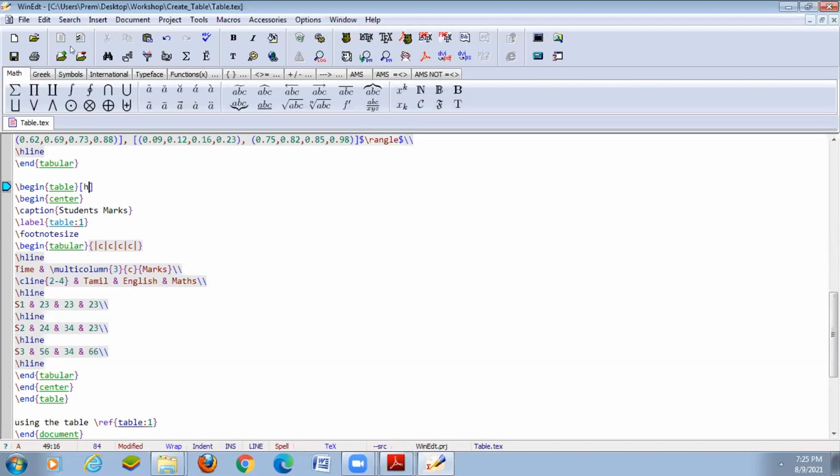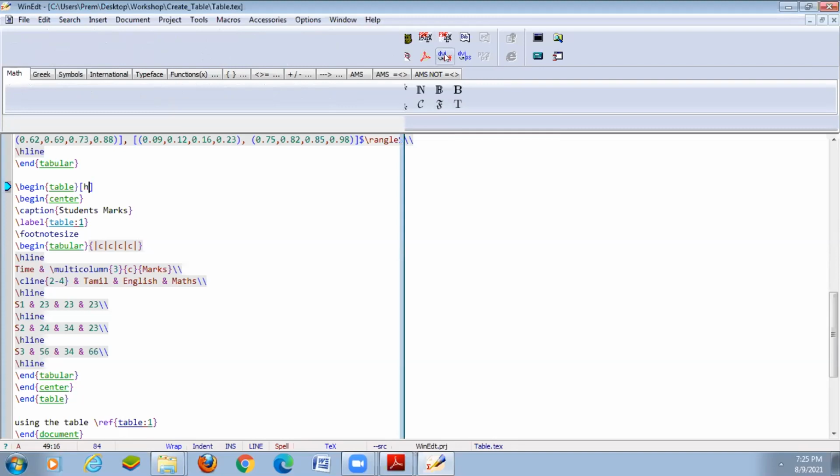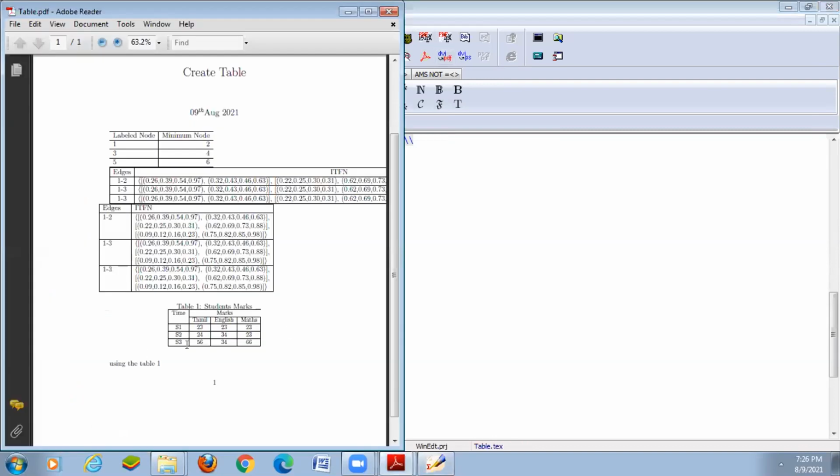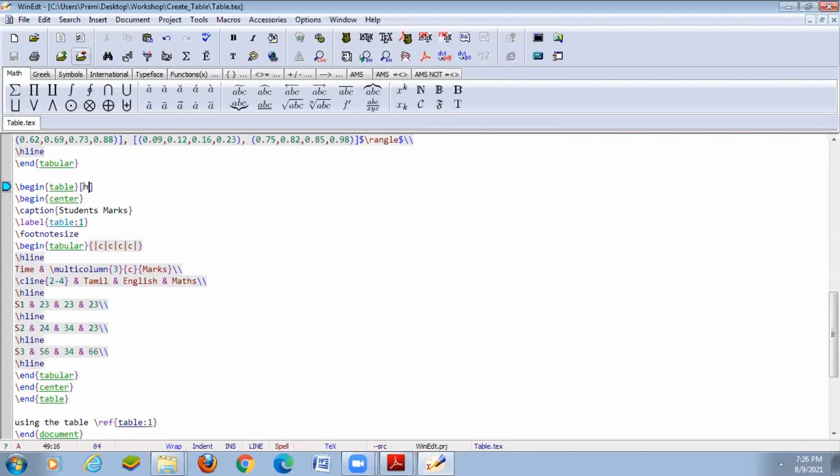Okay. Now we can see that the line was displayed above the table.